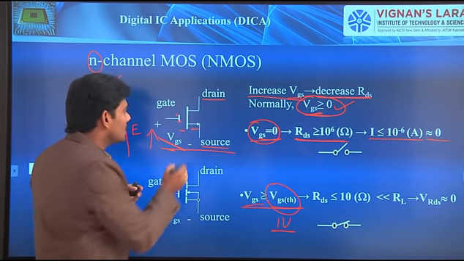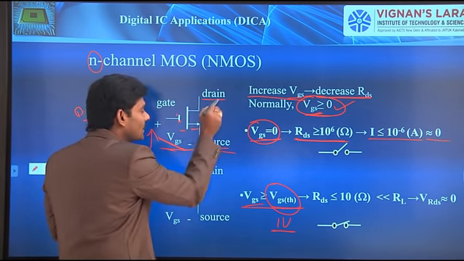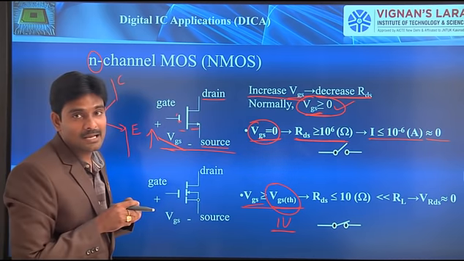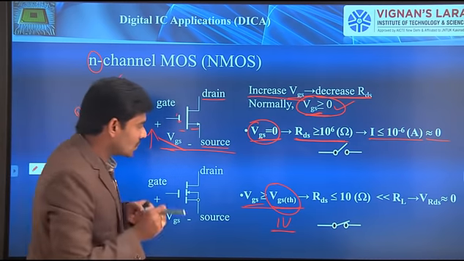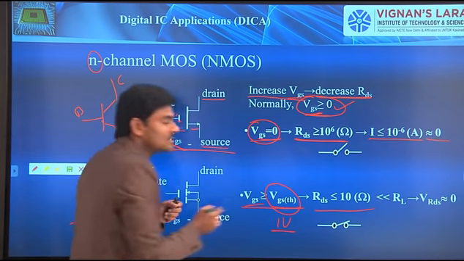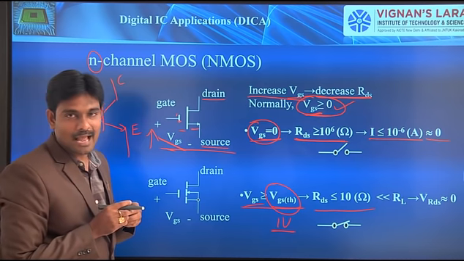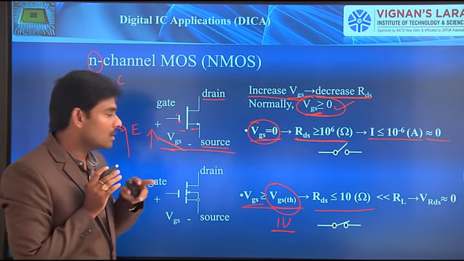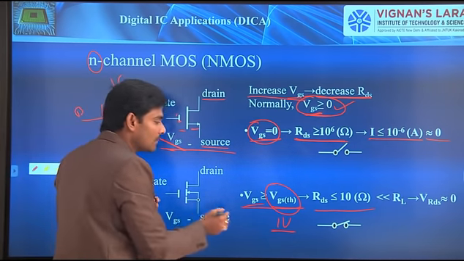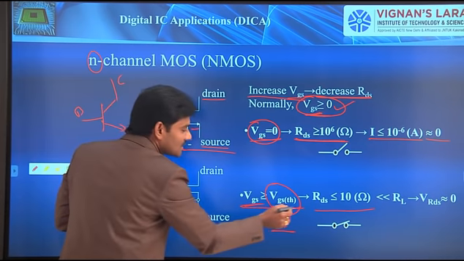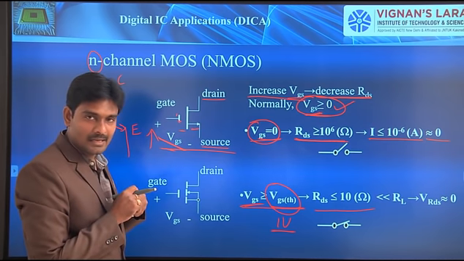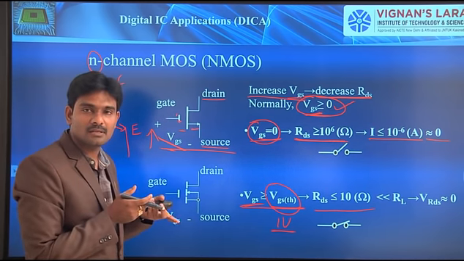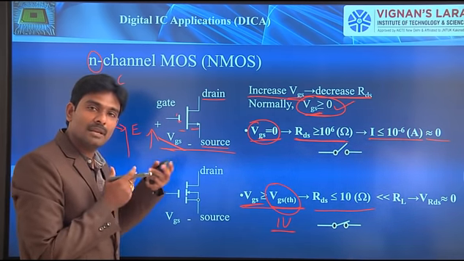then this transistor enters into the on state. That is, the resistance between drain and source drastically decreases and reaches a minimum value, which is equal to or less than 10 ohms. So that is the resistance value you can get by increasing VGS, and once it reaches VGS TH, the resistance value drastically decreases, and you can reach a minimum of 10 ohm or even less than that.